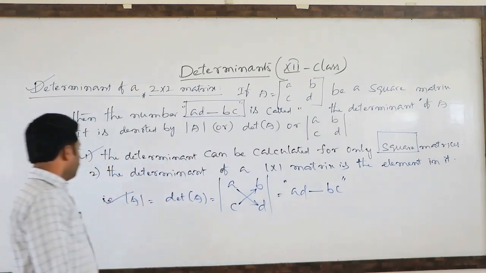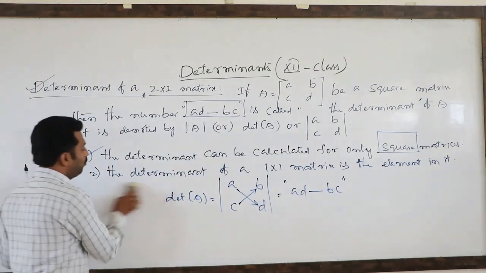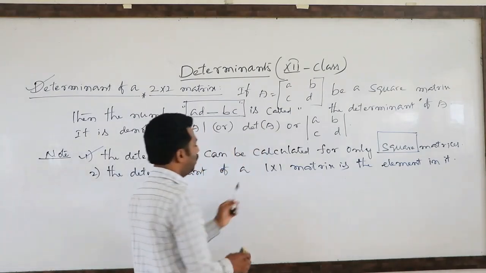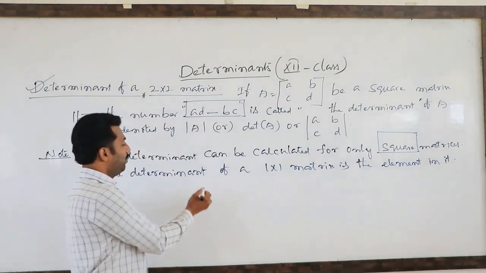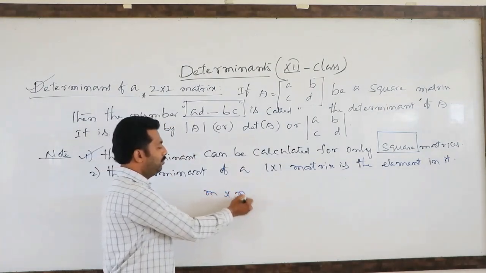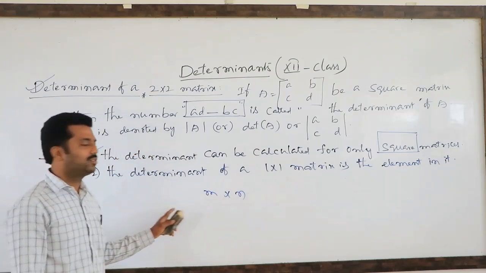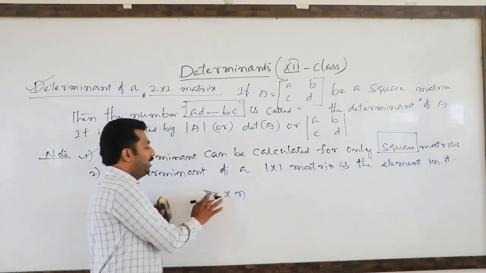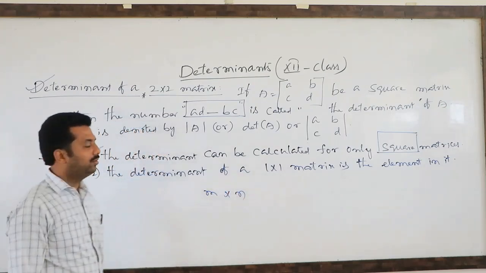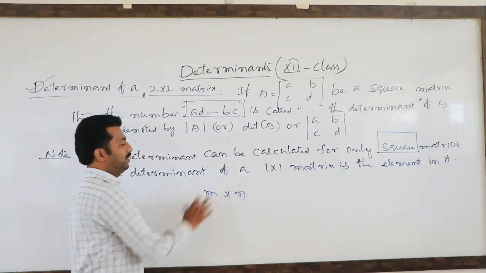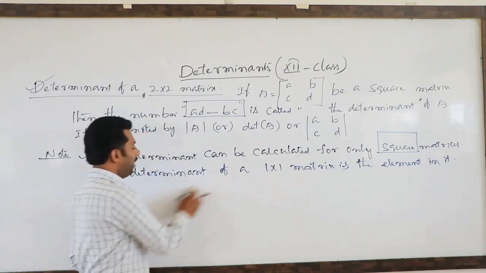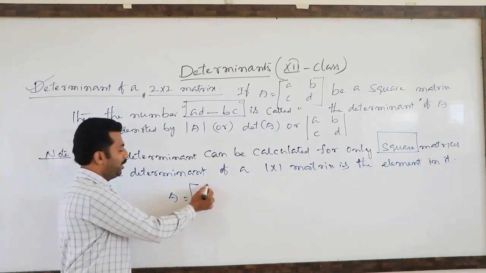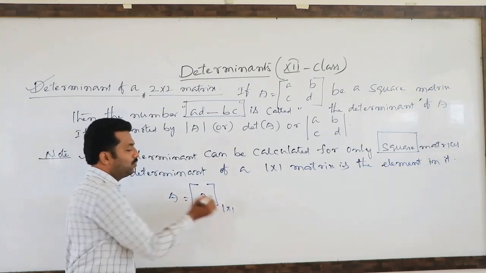Then, sir, what is the determinant of a square matrix of order 1 by 1? You know, the matrix order is read as m by n, or m cross n, or simply the order of the matrix which contains m rows and n columns. So simply m by n. Now you observe, one square matrix I am taking, suppose 2. This order is 1 by 1.